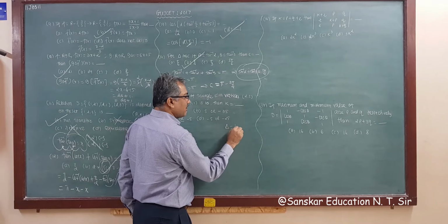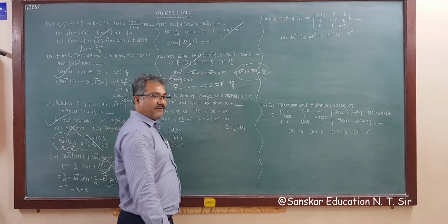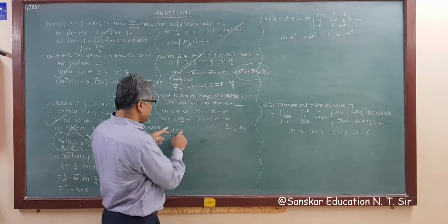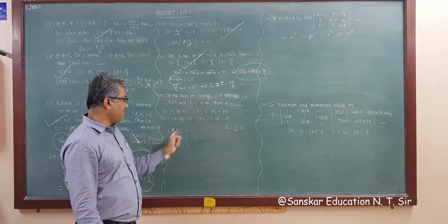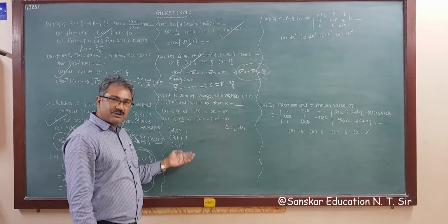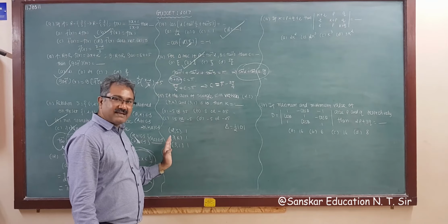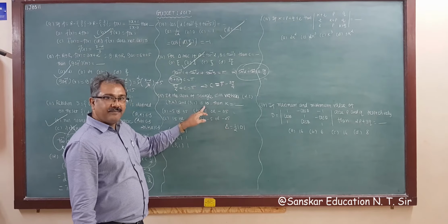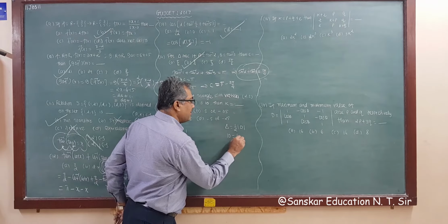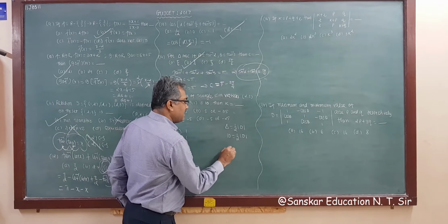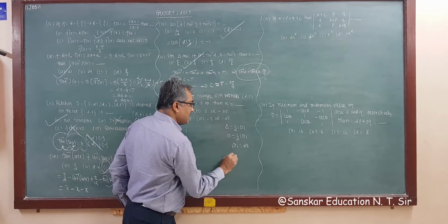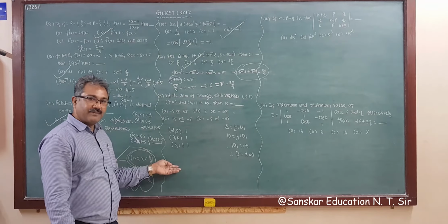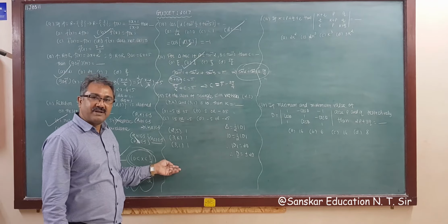The area of the triangle, delta, is equal to half the modulus of D, where D is the determinant with the vertices, that is, rows 1 1 1, 2 5 1, 7 k 1, 3 1 1. This is your D, if I remove these brackets, just as an explanation. Now delta is given as 10, so 10 is equal to half the modulus of D, that is, the modulus of D is equal to 20, that is, D is equal to plus or minus 20, right? And D is this determinant. Now remember my statement.